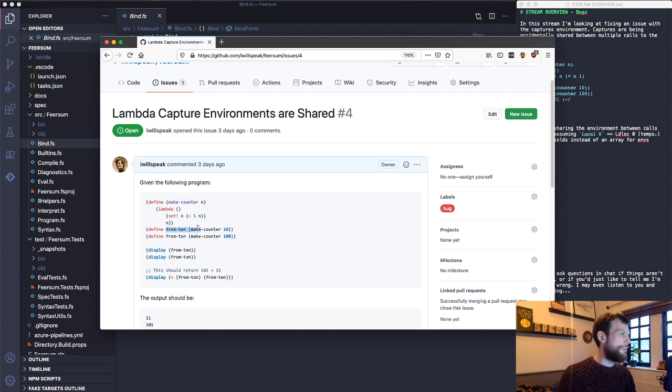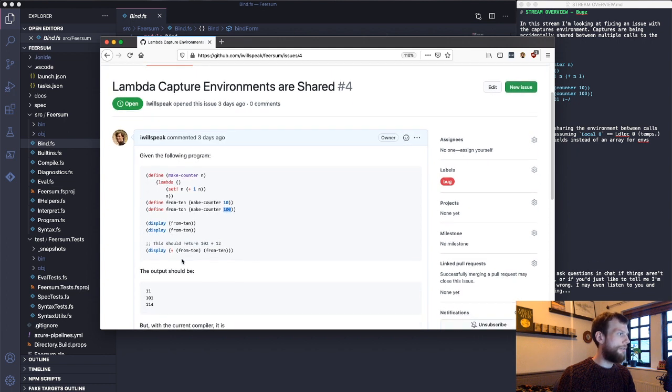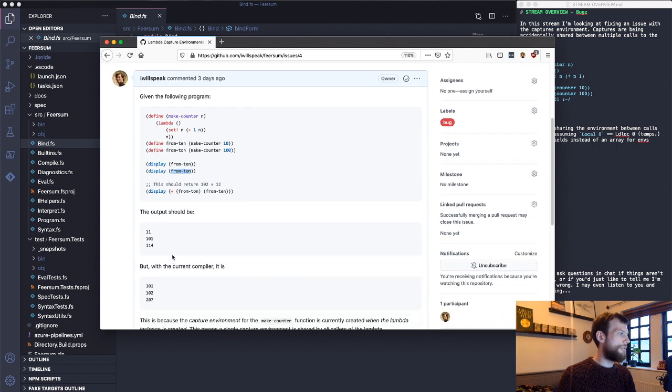And then we create two locals, from 10 and from 100, which start off at 10 and 100, and then the idea is that by calling them we should see 11 and 101, but what we actually see is